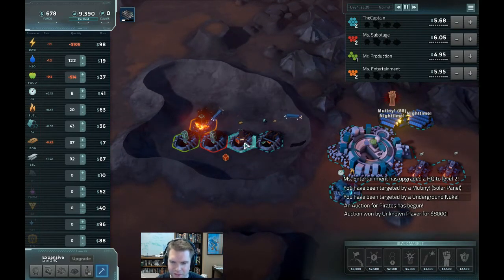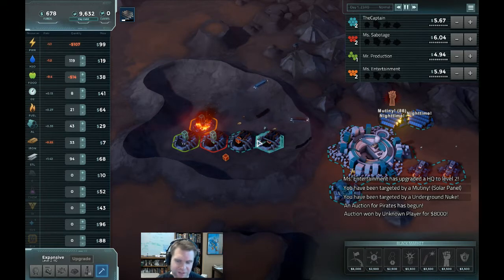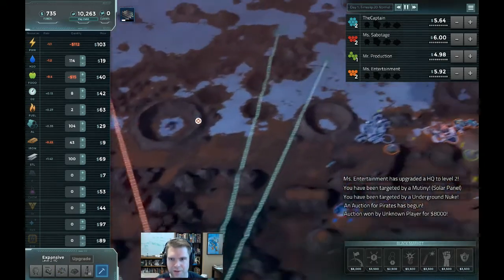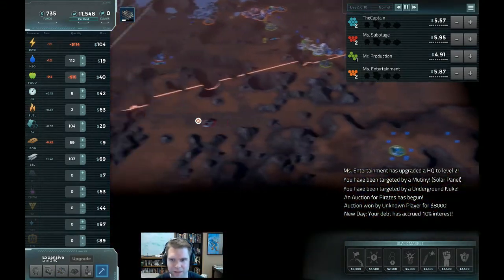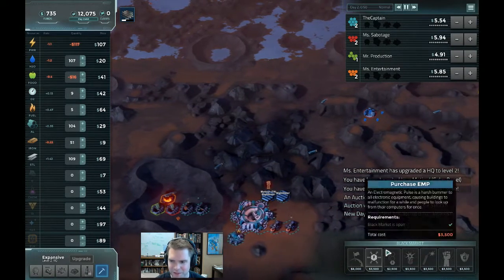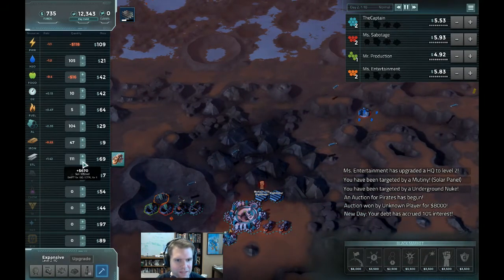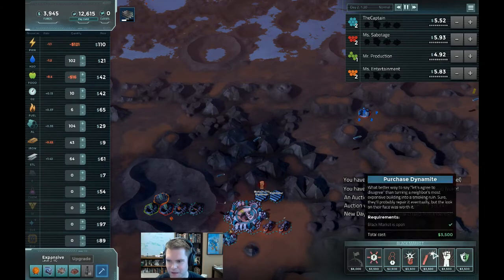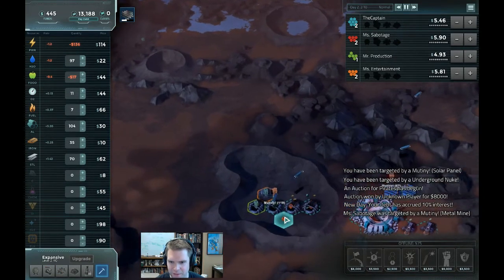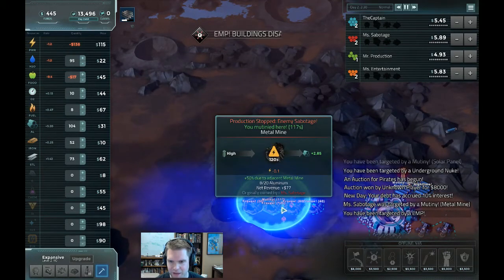But I do get a somewhat reasonable amount because I had the adjacency bonus from the two mines, but it does mean that I'm not going to have a good source of aluminum. I might have to look elsewhere. There is other aluminum on the map. It kind of sucks that I would have to claim it when there were three high aluminum mines next to me. What I might actually do is buy this mutiny right here. I'm going to mutiny this high aluminum tile. And what that does is I'll get their high...